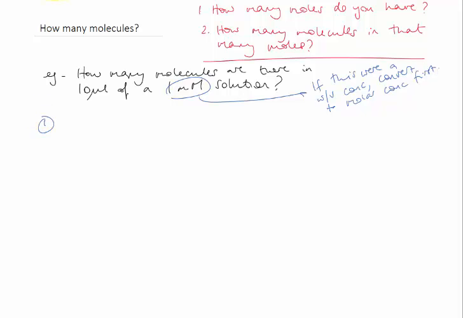So we know that a 1 molar solution has 1 mole per litre, for every 1 litre. But we don't have a 1 molar solution, we have a 1 millimolar solution, which is 1 times 10 to the minus 3 molar. So this is divided by 1000, and so we also have to divide the number of moles by 1000, so that's 1